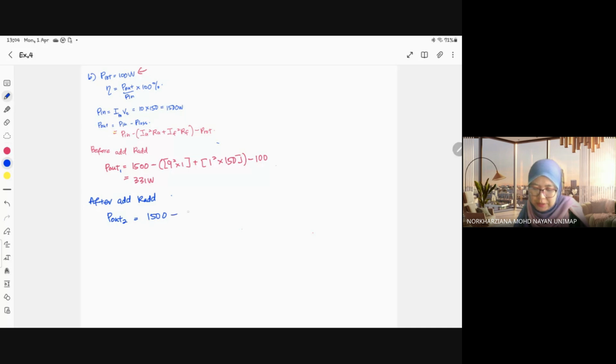Now yang berubah adalah IA square RA plus RF, plus IF square RF minus P rod. Okay. So now 1500 minus 9 square